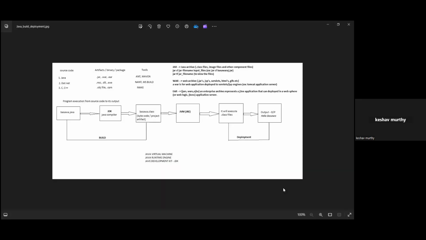Till now, is that clear? What is build now? Everybody, let us unmute and say okay, anything. Able to follow or not?